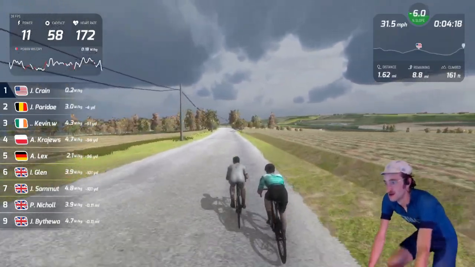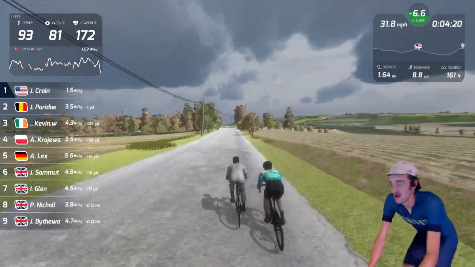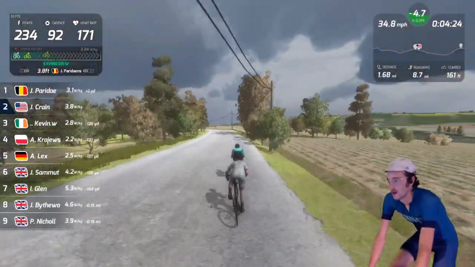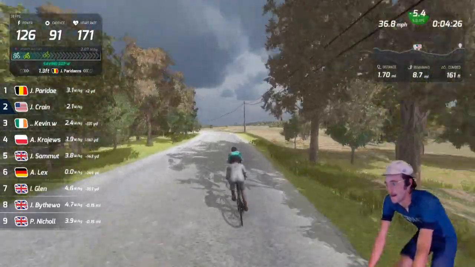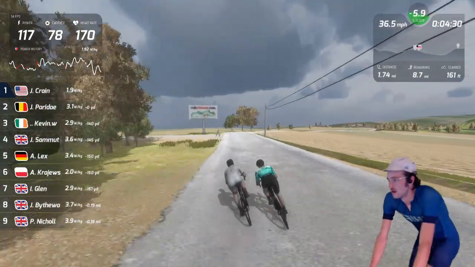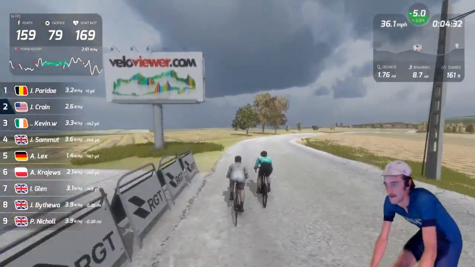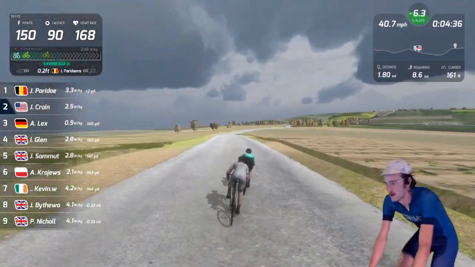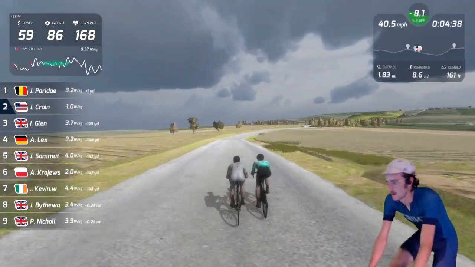That little move there kind of shredded the field, which I wasn't sure what it would do, but I just wanted to test everybody. I think it definitely caught some people out a little bit. I know Alex is really strong. He had a really good ride on Thursday in the Red Hook race. And you can see he was kind of chasing there for a second,